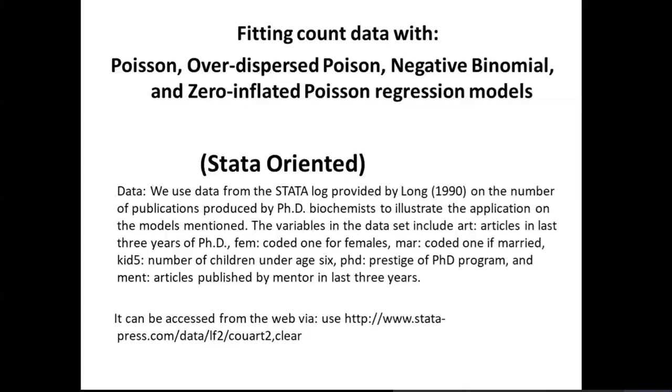Our outcome is the number of publications produced by PhD biochemists. ማለት አውትካማችን በአለፉት 3 አመታት ውስጥ ፐብሊሽ ያደረጓቸው አርቲክሎች ብዛት ናቸው። ምንም ፐብሊሽ ካላደረገ 0 ነው፣ አንድ ካደረገው 1 ነው፣ ሁለት ካደረገው 2 ኤክሴትራ።